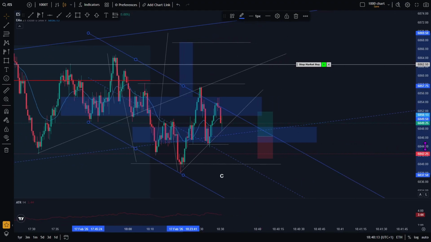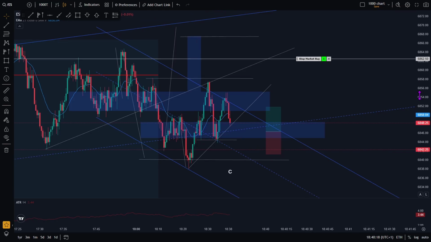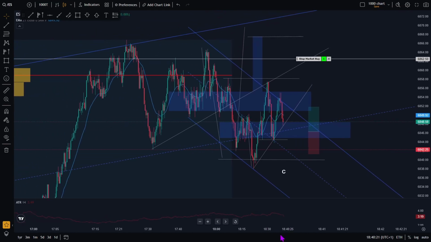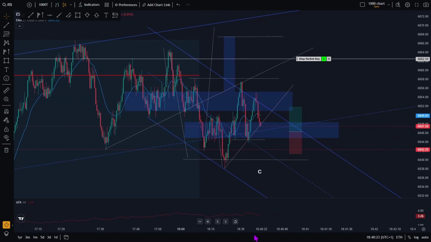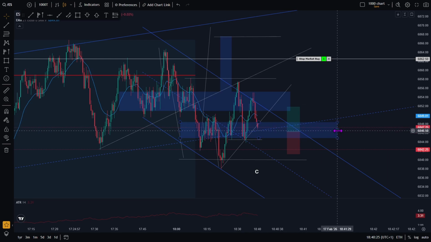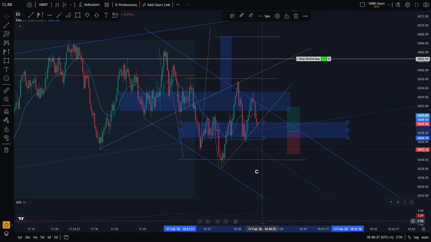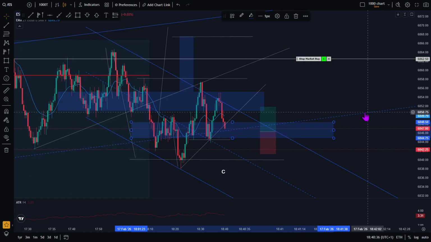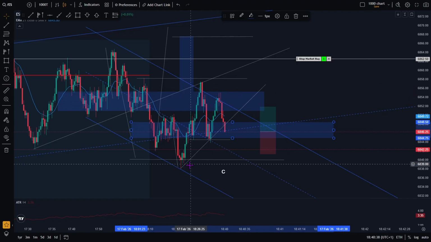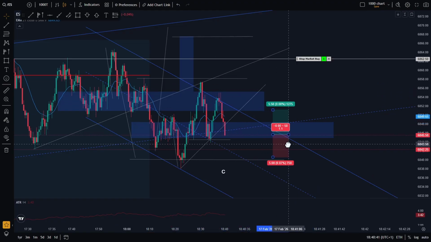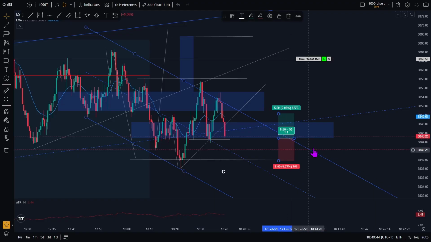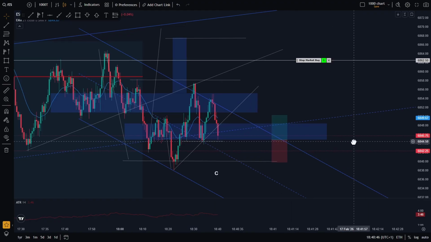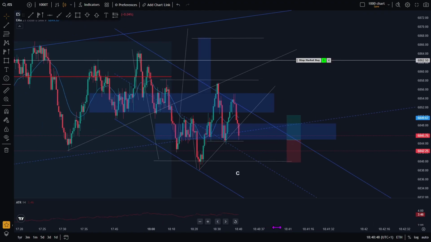So maybe we should wait for price to come down, relax a bit, and from there, because this is the range which is actually being used right now. And now we have a kind of a triangle, as you can see here. This is a triangle. This is my risk reward ratio. I'm gonna wait for,